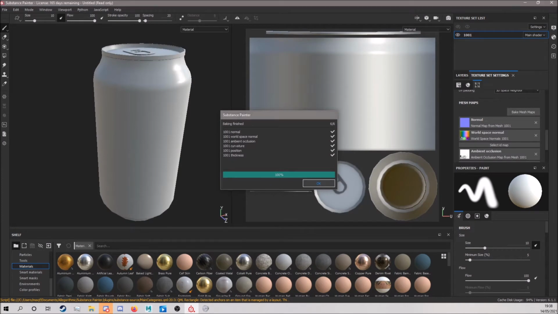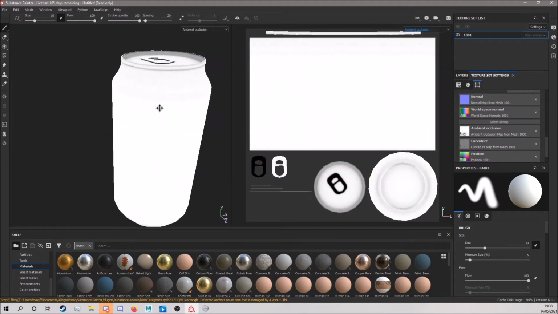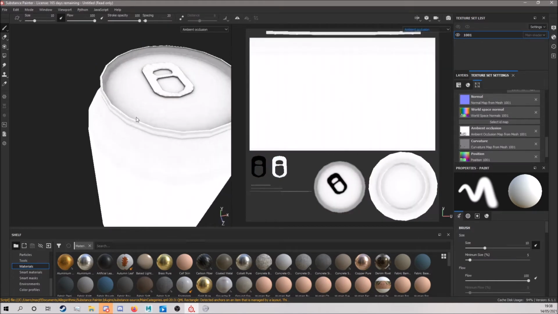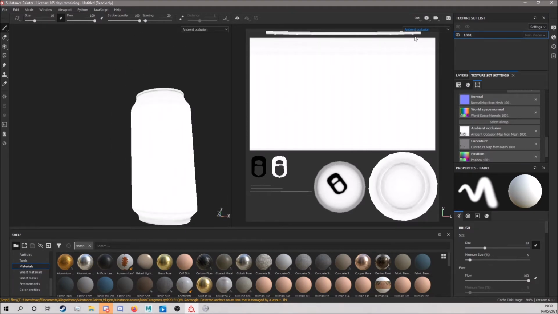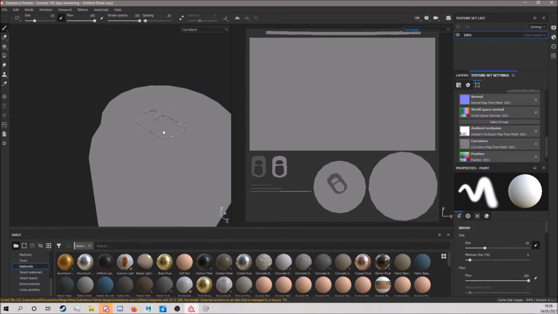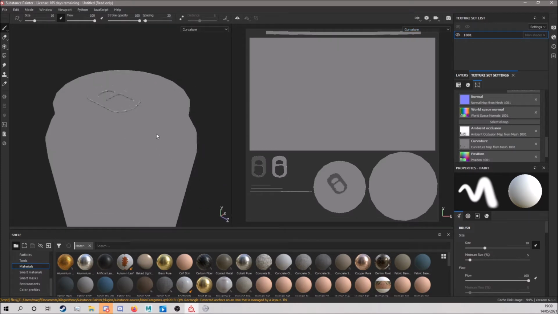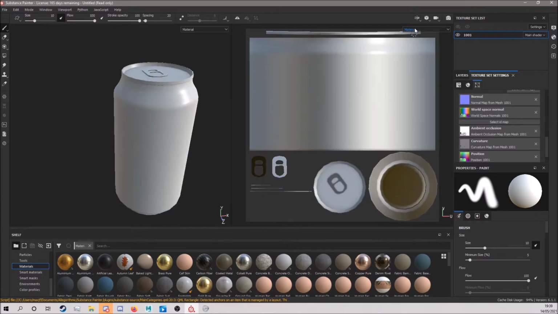There we go. So now we have all of these. If I scroll down here, we can have a look. Ambient Occlusion, for example. See the shadows. There'll be a curvature. It's not as obvious because it's 512, but it's going to help when we're adding layers. So if we go back to material here,